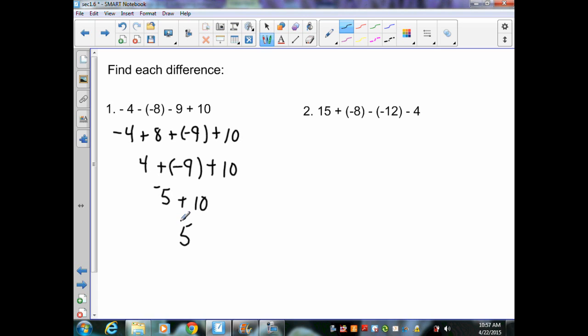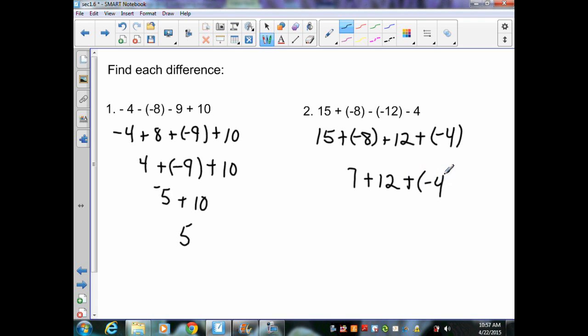Number 2, again, I want to change all my minus signs into positives or plus signs, so I bring everything down. 15 plus a negative 8. I have a double negative. That goes to a plus 12. Minus 4 goes to a plus negative 4. Again, if I'm not multiplying or dividing, I'm always using the rules of addition to find my solution. 15 plus a negative 8, different sign subtract. That gives me 7. 15 is bigger than 8. That means it's positive. Plus 12